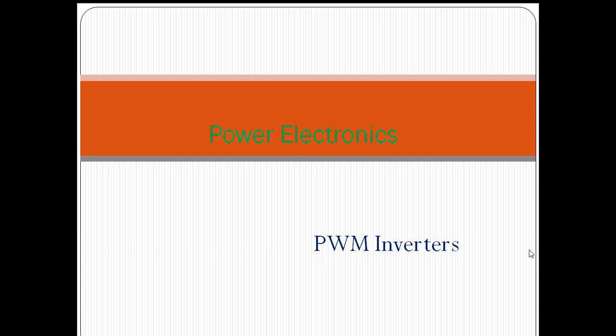In today's video lesson, we are going to discuss PWM inverters, pulse width modulated inverters. In the earlier days, we used controlled operation across the load end by using a variable rheostat. By adjusting the variable rheostat setting, the current flowing through the rheostat changes. Accordingly, we get the voltage drop across the load.